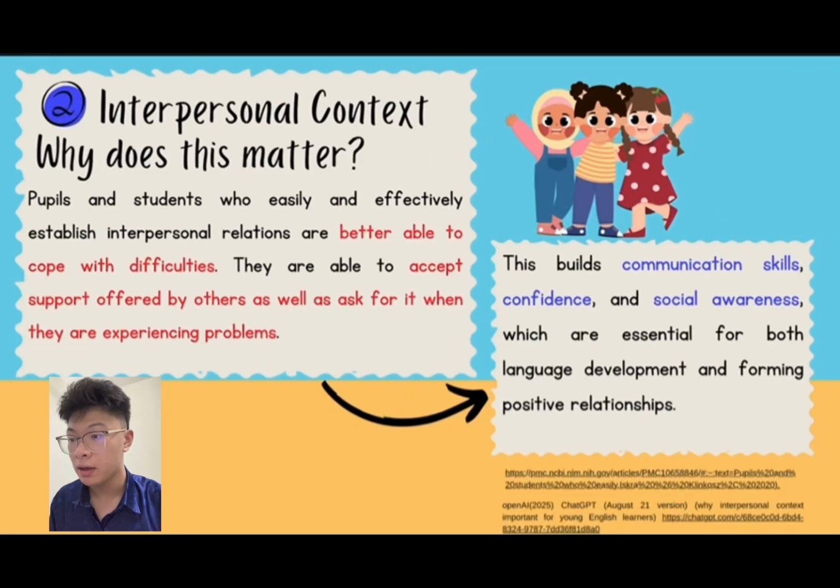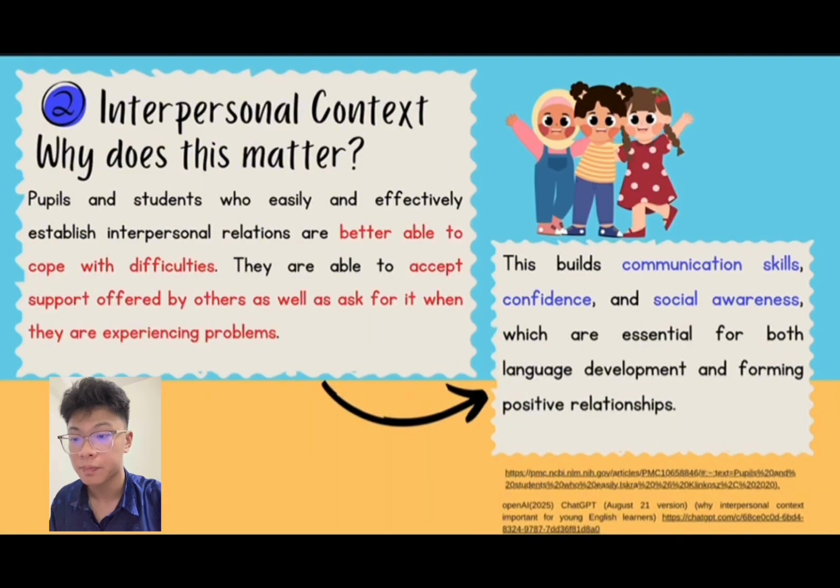So why does interpersonal context matter to young English learners? People and students who easily and effectively establish interpersonal relations are better able to cope with difficulties. They are able to accept support offered by others as well as ask for it when they are experiencing problems. They have the confidence to ask others how to solve the problem. Other people will also ask them how to solve the problem. So this builds communication skills, confidence, and also social awareness, which are essential for both language development and also forming